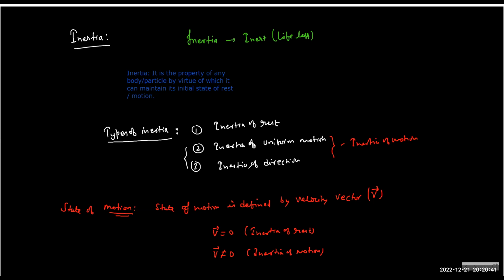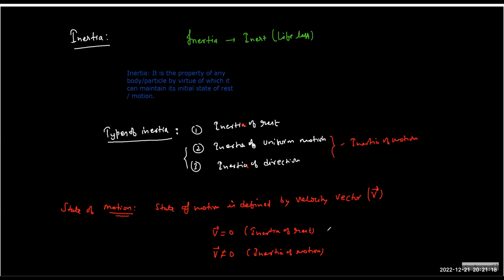So only an external force can change the state. You cannot change your own state because that is against the law of nature. So inertia is the real law of nature. Nature has blessed us with this property. And force is the cause to change the state. So force changes the inertia. Inertia is well maintained. Now, inertia of rest and inertia of motion are measured in different ways. So mathematically, you will come to know. Rather, you should know that actually.